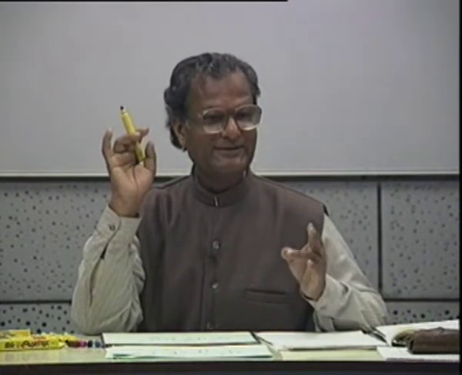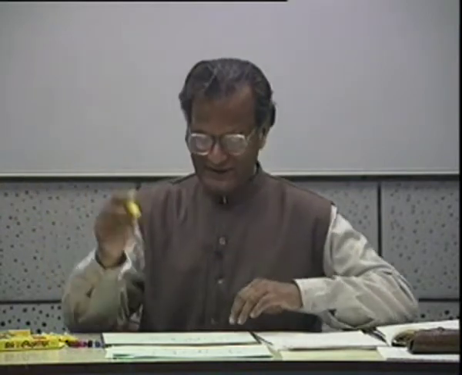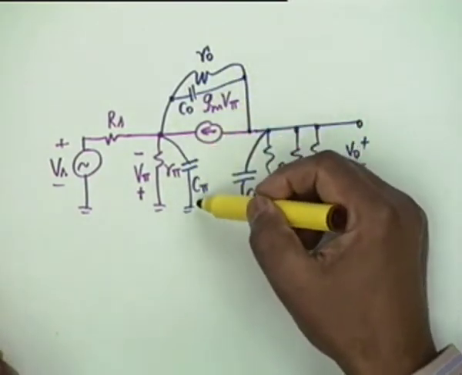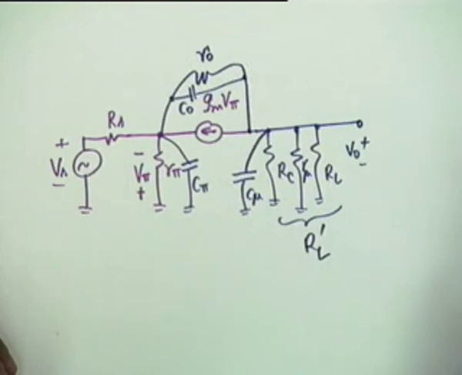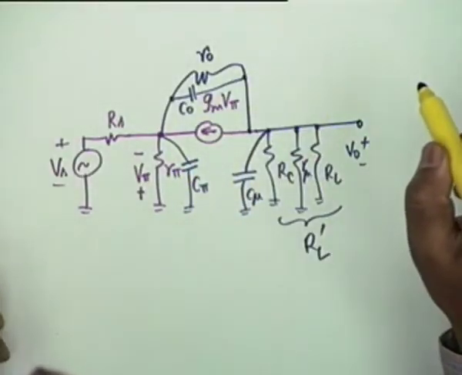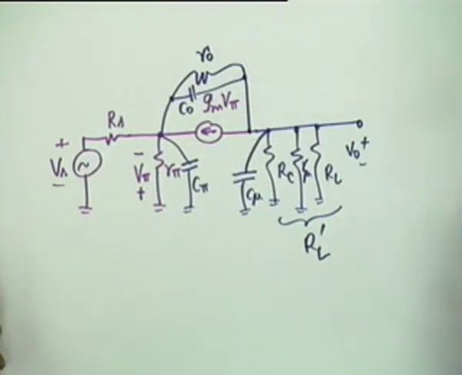Which means that the voltages are not independent of each other. You see, if I write a KVL around this loop, voltage across C0 plus voltage across C pi plus voltage across C mu should be equal to 0. This is a fundamental thing of circuit theory. This means that these 3 capacitors are not independent of each other. And therefore, you shall get only 2 critical frequencies. If you have got 3, then you have got it wrongly or you have not been able to simplify. 3 capacitors forming a loop is equivalent to 2 capacitors. That is 2 dynamic states, not 3.